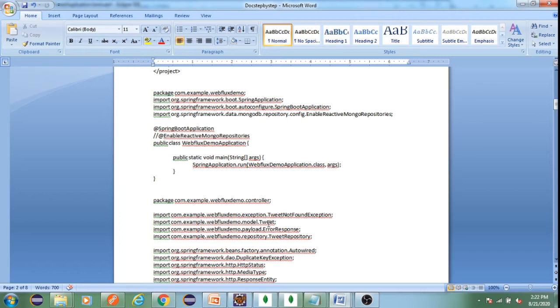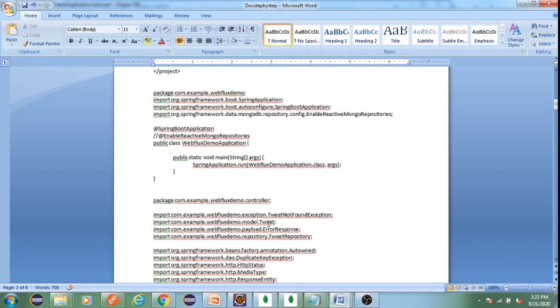So to load all the tweets, to create one tweet with a post operation, to get one single tweet, to update a tweet object with the put operation, and to delete a tweet when it is not required. Further, we also have certain operations in this controller to handle exceptions globally, if any request is not processed, and how we handle an exception for this application.